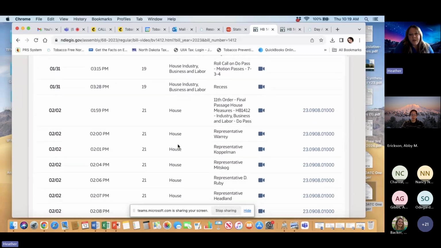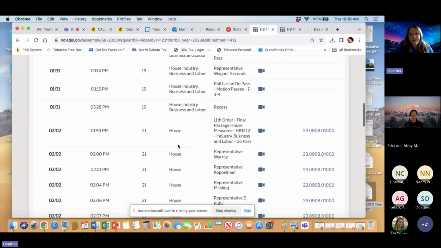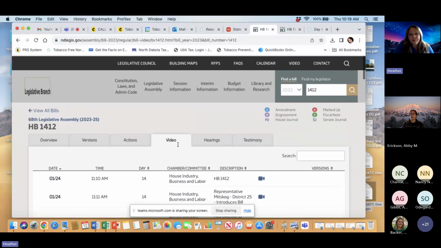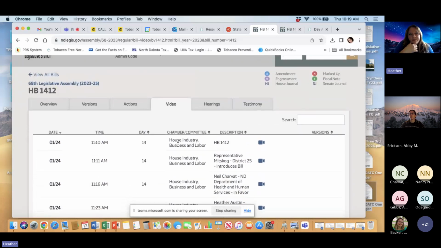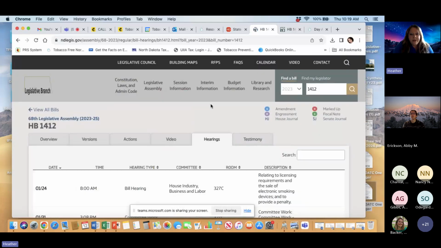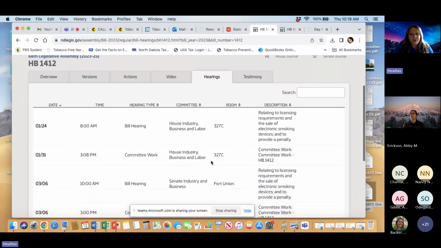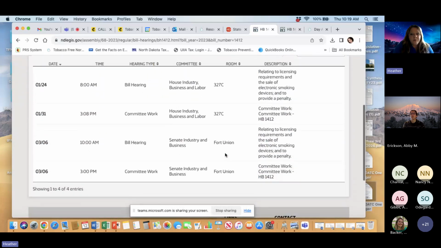You don't have to be in the room anymore. You can participate via Zoom, if you will. I don't think it's actually Zoom that they use for their platform, but it's the same concept if you think of it as that. It also breaks it down by hearings, and so you can see a description of what